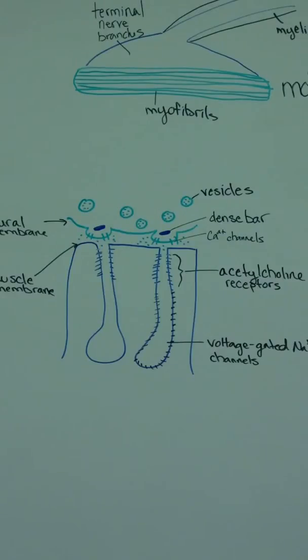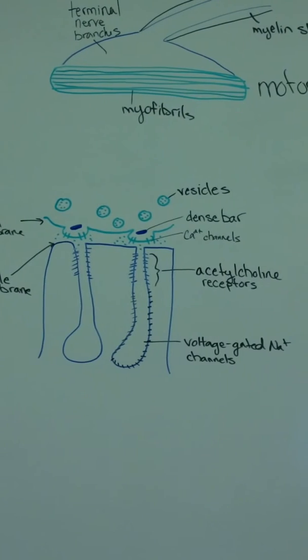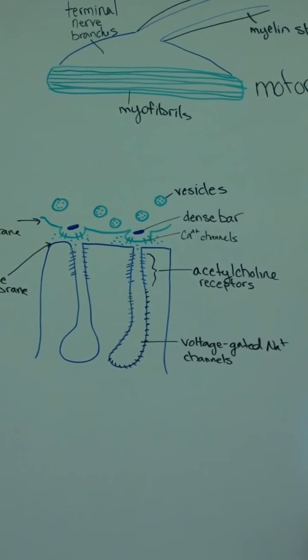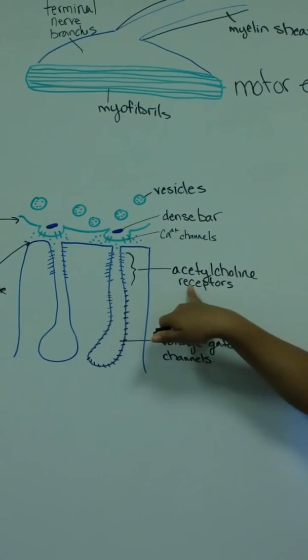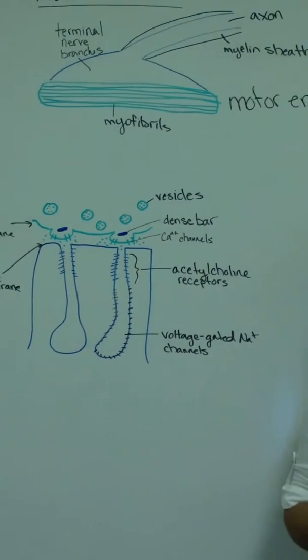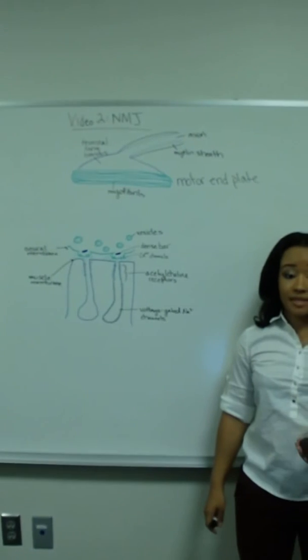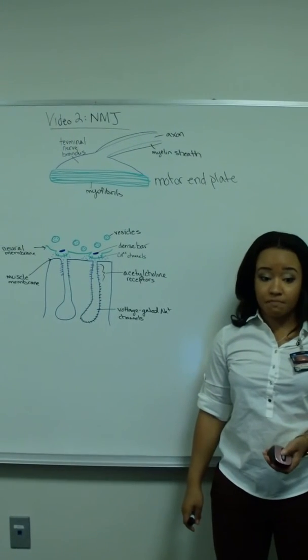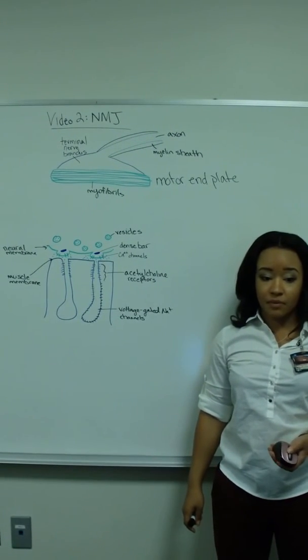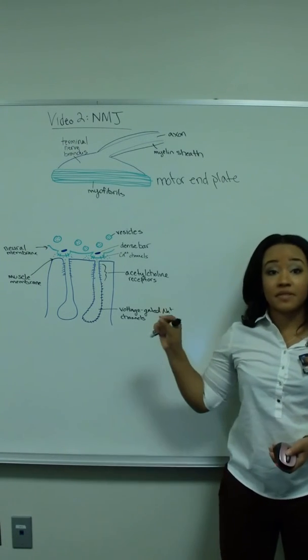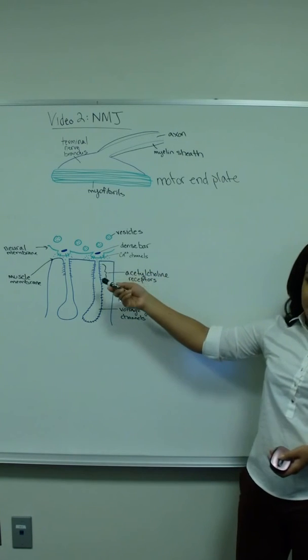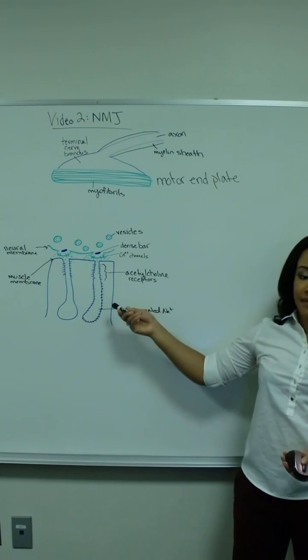But how is acetylcholine destroyed? Once it is released, it continues to activate the acetylcholine receptors as long as it is present in the synaptic space. It can be removed in two ways. One way is through acetylcholinesterase, which is an enzyme that will destroy it and make it no longer available for use, or small amounts of acetylcholine will diffuse out of the synaptic space and they will no longer be available for muscle fiber